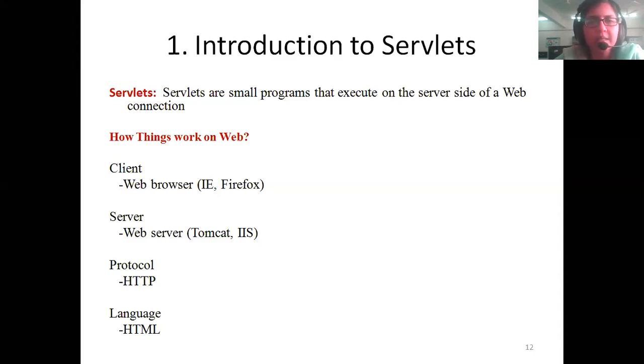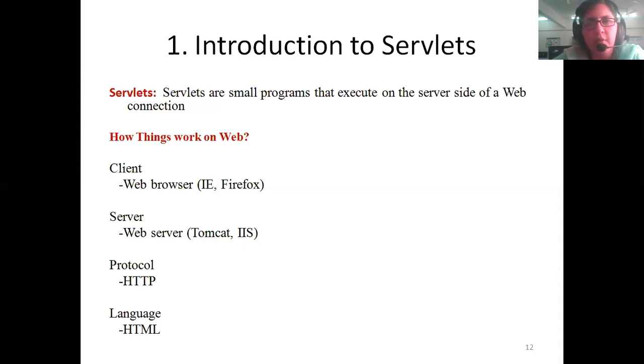Tomcat is a server given by the organization called Apache. Apart from that, we have web servers from many vendors. To name a few, from IBM, WebSphere is there, JBoss server is there, IIS server is there. There are many servers in the market, and each of them has its own advantages and disadvantages.